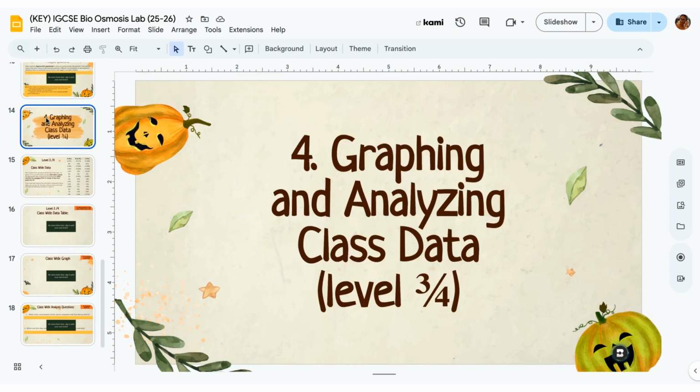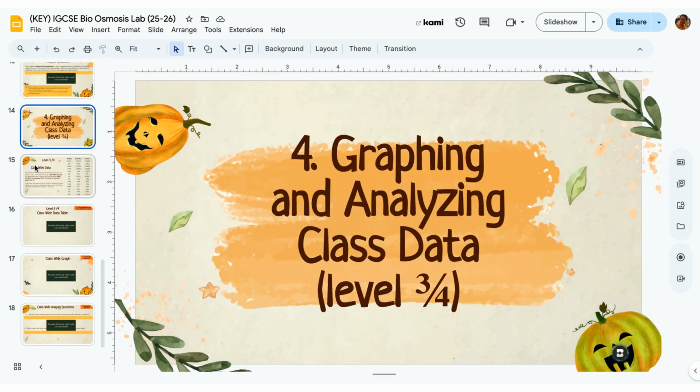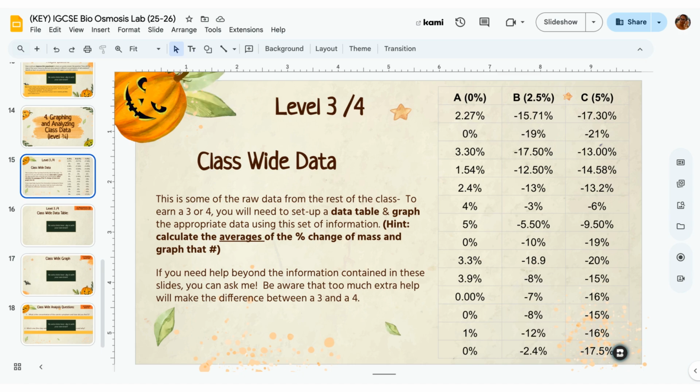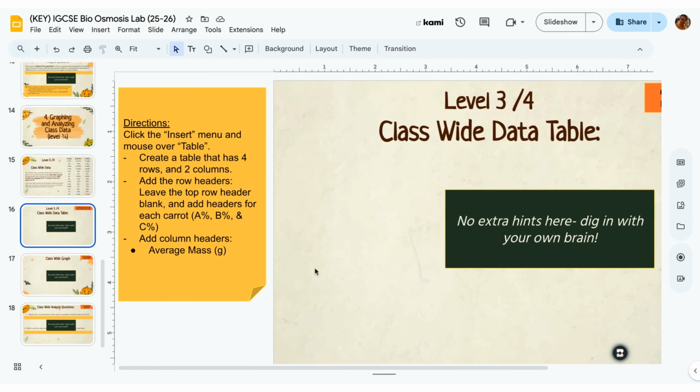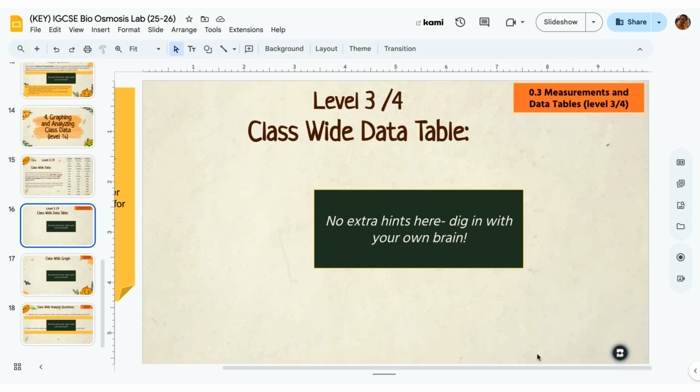The last thing you guys are going to be doing is analyzing the class data. For this, you need to use the information here. So this is a raw set of data from a whole class. I collected these a couple years ago, actually. So you're going to find the average of each column. So you add all of the percents up and divide by the number of numbers you have. Okay, then you're going to create a data table with that information. You have some instructions here, but I'm not giving any extra hints for this one